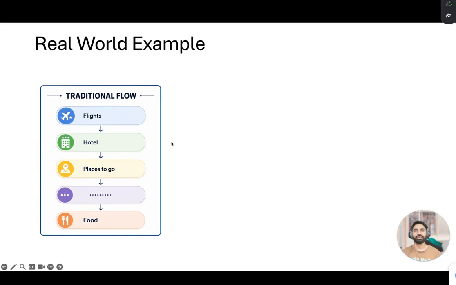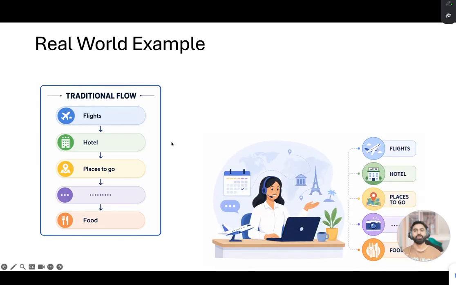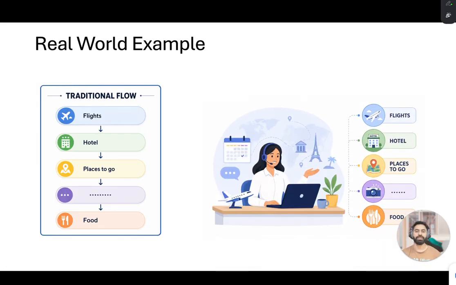Now in contrast, you would be handing this work over to somebody. Let's say you want to give all these tasks to somebody, and you just call the travel help desk and tell them that you want a 5 day trip to New York and you want to visit the key landmarks.